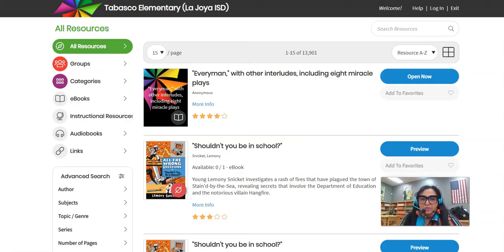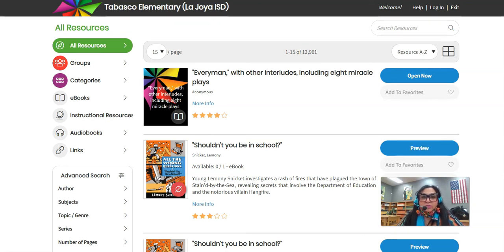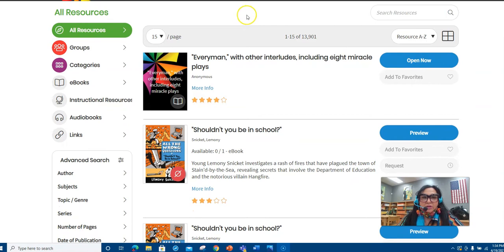Once you log in, this is what it's going to look like. Now, as you can see up here, it's another district because I don't have access to Clever with your campus, but that's okay because it should look almost exactly the same. What you need to know to access your